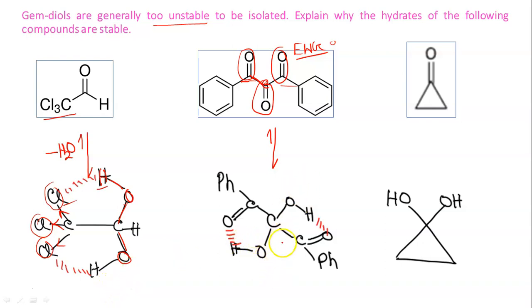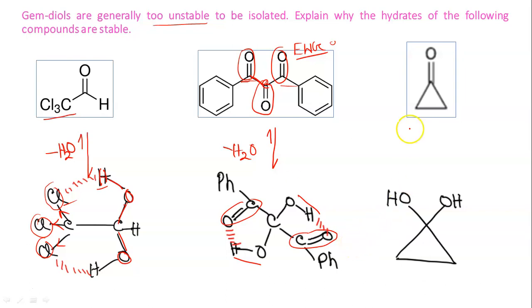Similarly, for the second case also, here you can see these 2 carbonyls are intact, which are basically acting here as electron withdrawing groups, and there is also hydrogen bonding between the oxygen and the hydrogen of the OH. So because of this type of hydrogen bonding, the removal of water will not be favorable. As a result, we cannot get back the initial carbonyl compound.